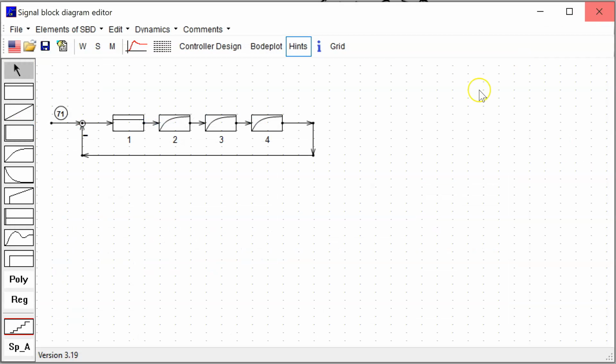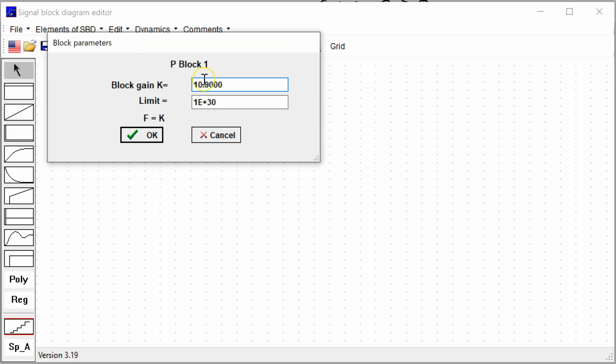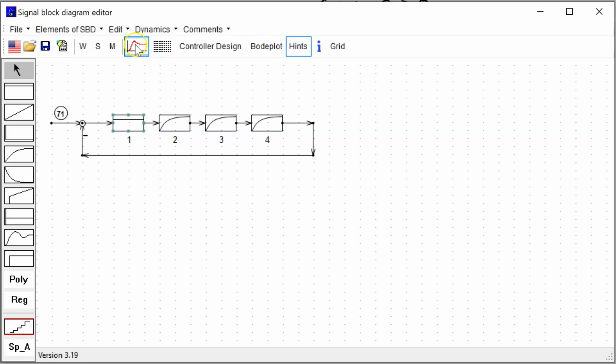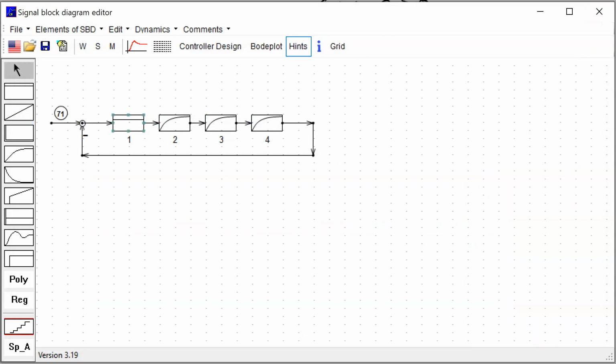Then we have increased this to 20, and remember our calculation of the step response shows now an unstable situation, so with 10 stable, 20 unstable, and now we have found the stability